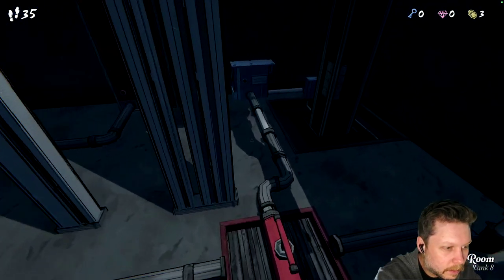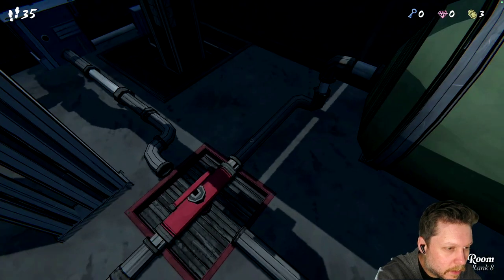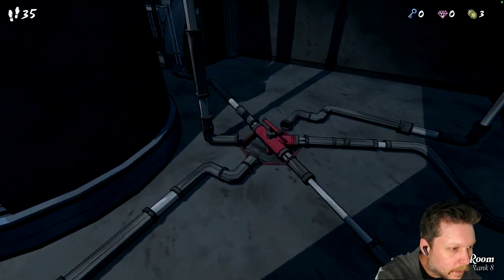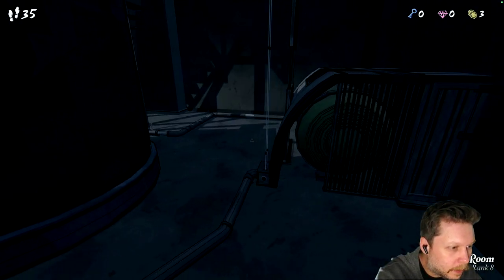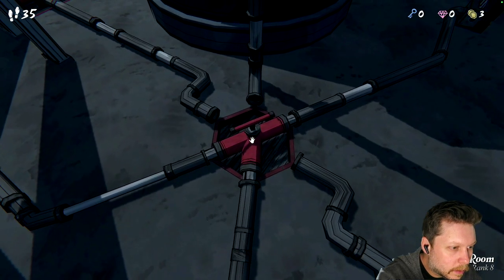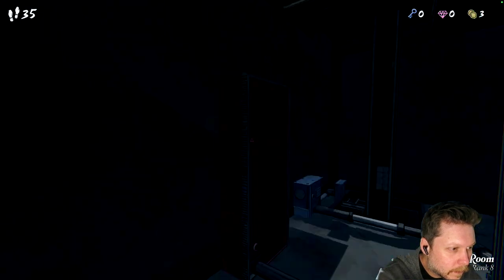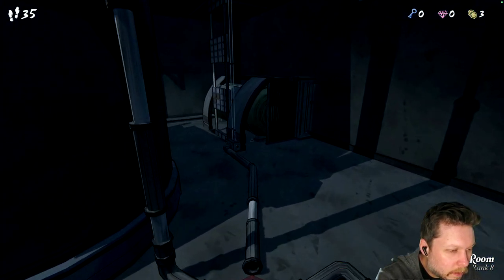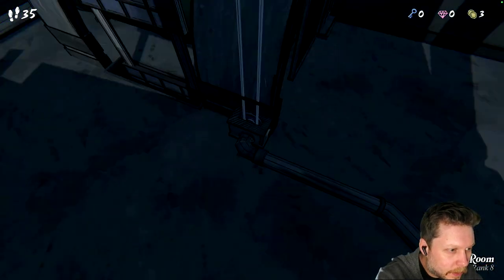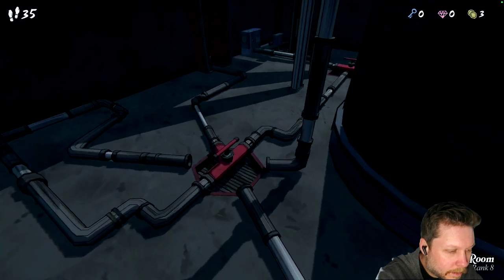Turn that. I don't want to do that quite yet. There's a lever here. Interesting. Okay, so this is like a little puzzle. What are we trying to fuel? Like, this is the boiler. Is that like the electricity? That's a generator. So...